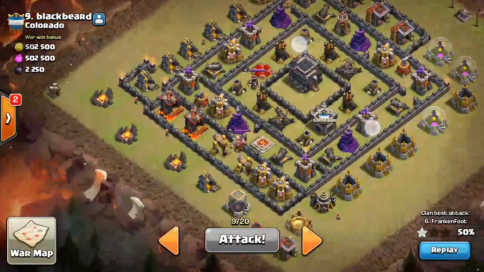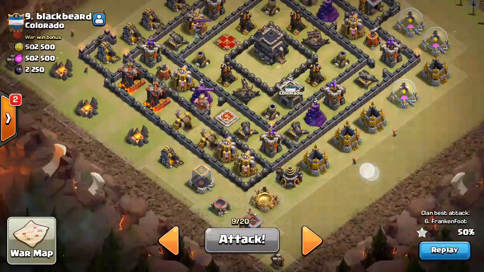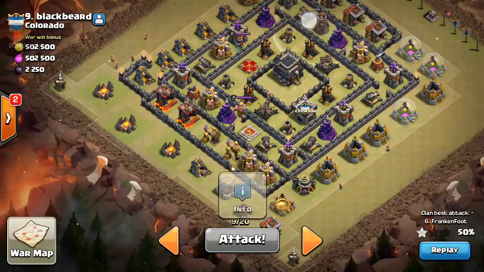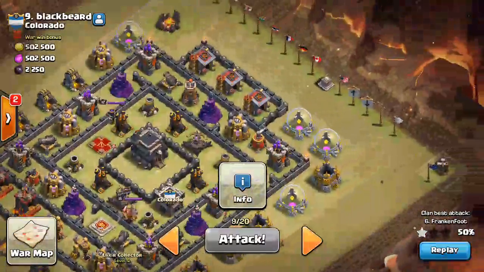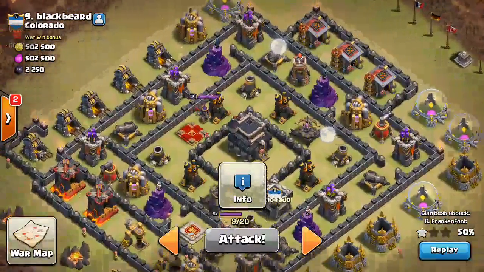So this is the first base I attacked. You've got a clan castle here that's kind of exposed for an easy lure. You've got a queen over here and a king over here, and the base is in this ring pattern. And you can see what this fella's done: on this side he's got a bunch of trash buildings. On this side he's got some more trash buildings in this sort of compartment here,